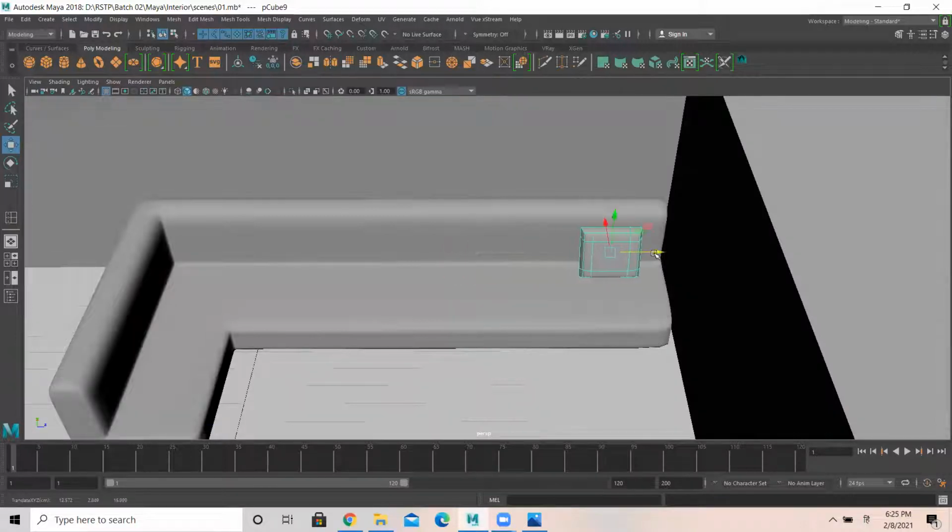When I place it here, I duplicate this and I place here.